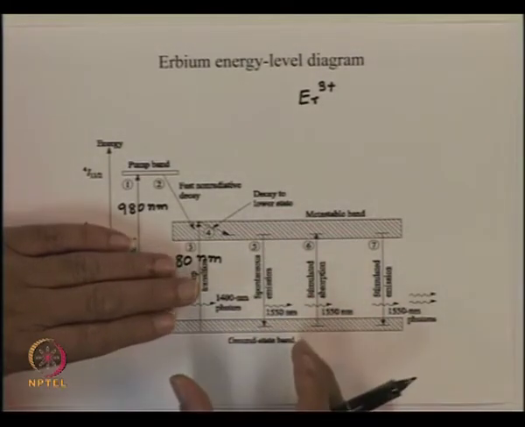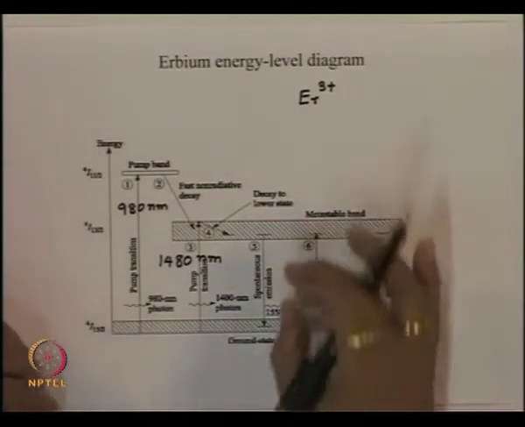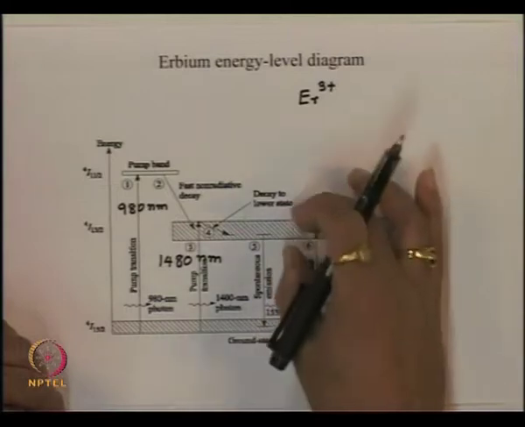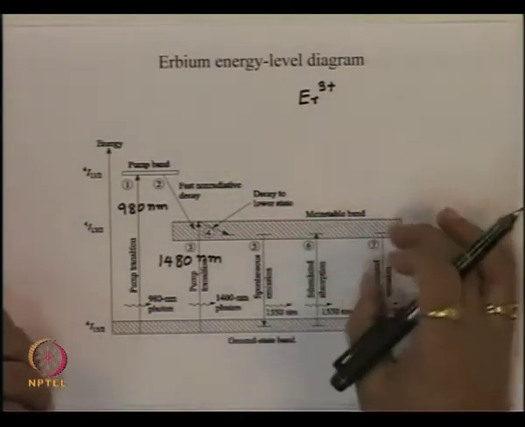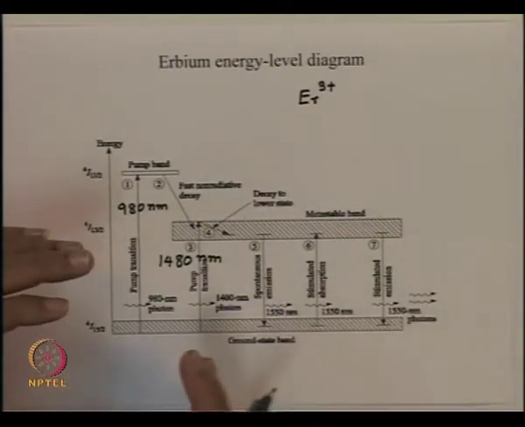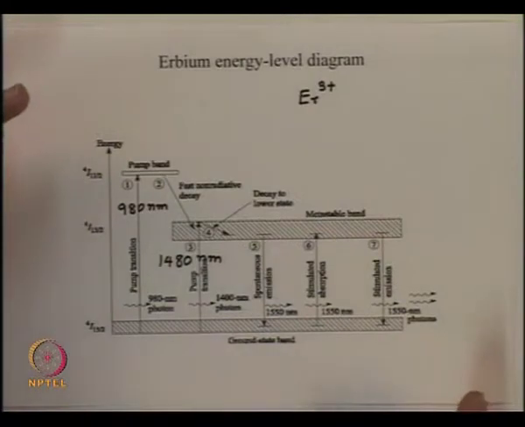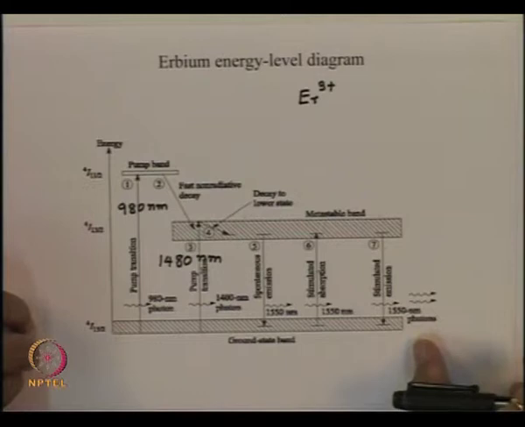So, we will get the output signal which will have a spectrum corresponding essentially to the broadening of these bands. As we mentioned, these bands are not very sharp, and because of that you get a sort of a broadband signal generated by this amplifier,